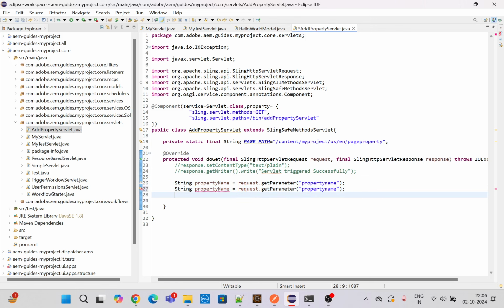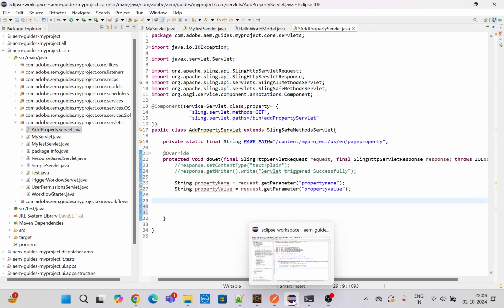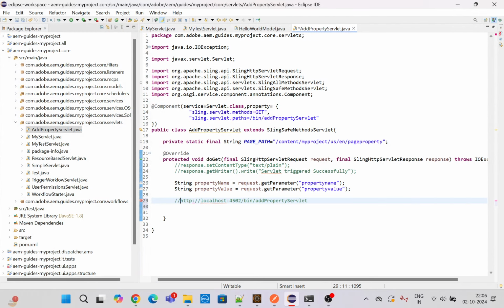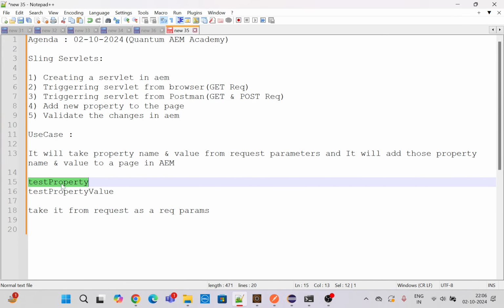Same way we are going to get property value as well, propertyName and propertyValue. So from the request we are going to get property name and property value. We can send them as query parameters, like propertyName equals to our property name, like this test property,